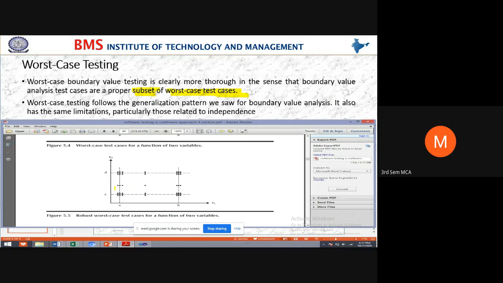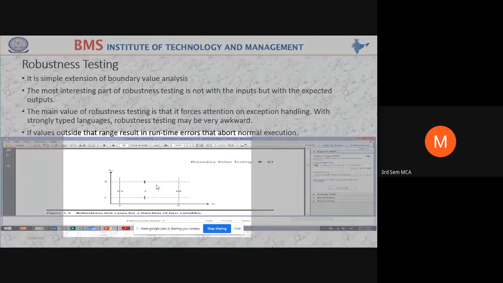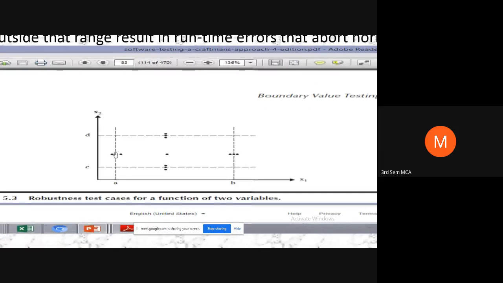Students, if you see the previous diagram for robustness testing, the values are within the boundary only.